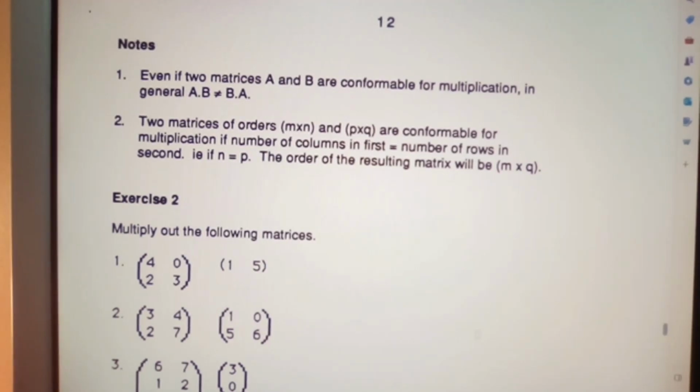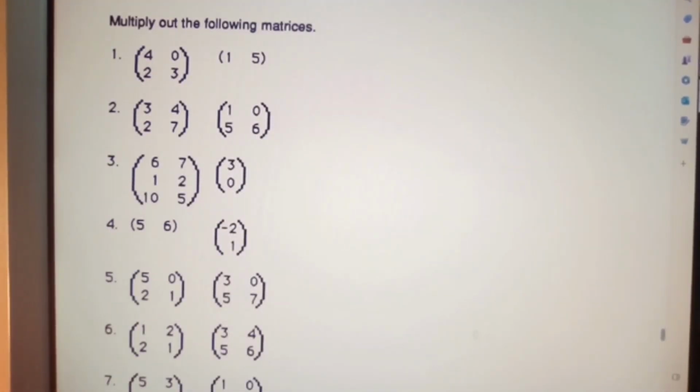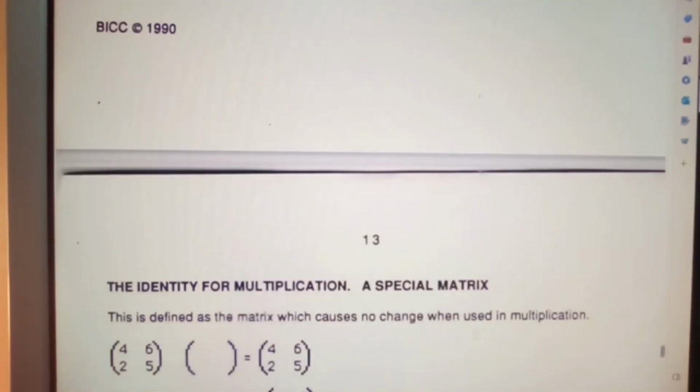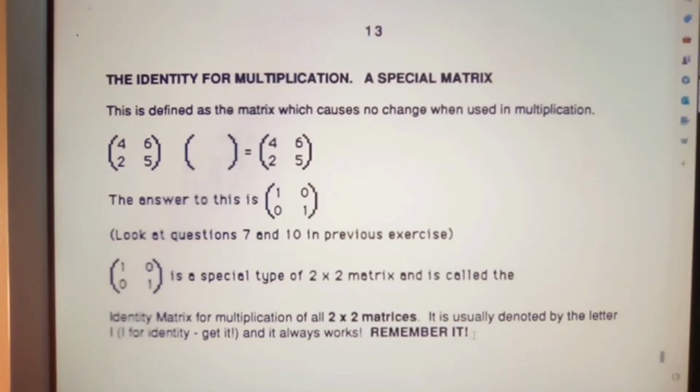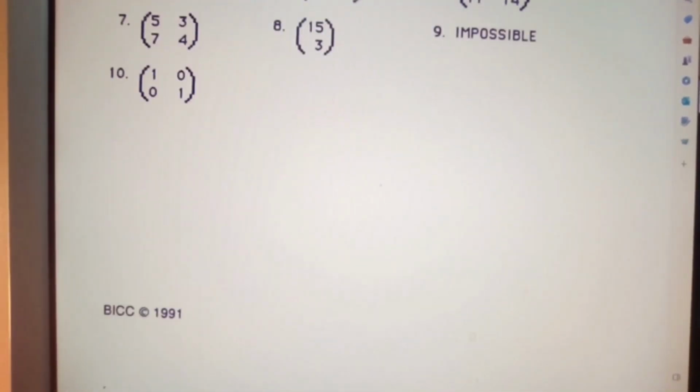And all I've done here is give you some notes, and multiply out the following matrices, and here are your example exercises. Please do the exercises, okay? It enables you to find a lot of information and it improves your knowledge, okay? And here I've given you the answers to some of those exercises, but do the exercises first before you begin to look at the